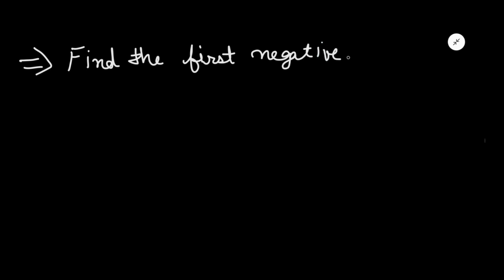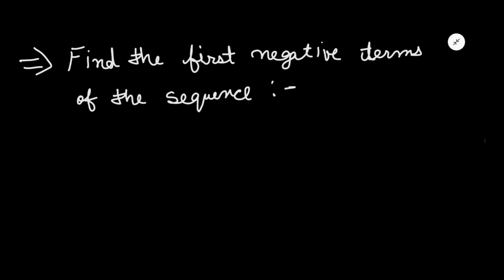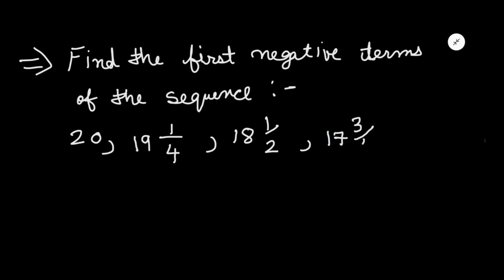Let's solve one more example, which is: find the first negative term of the sequence, which is written as 20, 19 1 by 4, 18 1 by 2, 17 3 by 4. So the solution is,